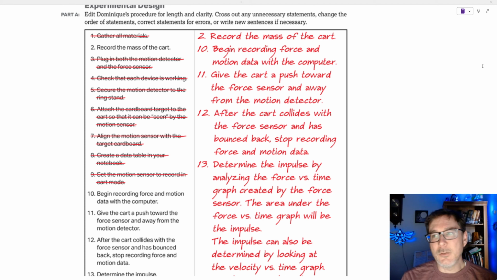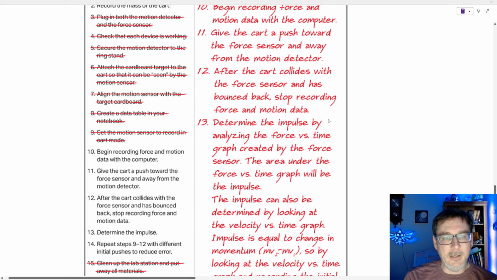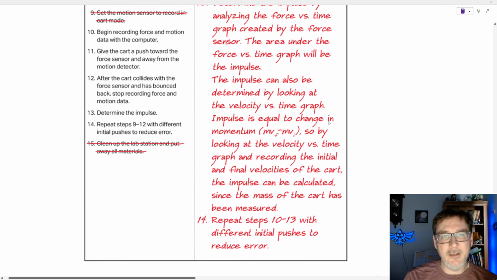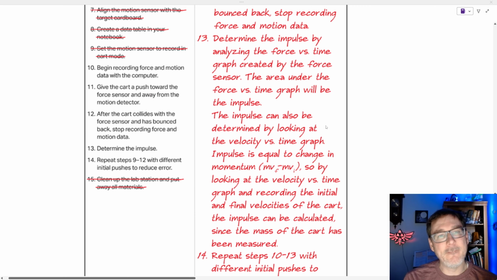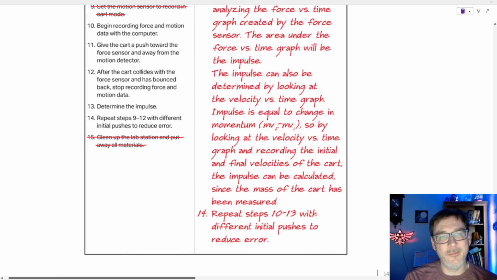Okay, so check this out. Look at what they've crossed out, what they kept, what they've changed. They crossed out 9 steps. All right, so clean up. That's another one. It's like, oh yeah, we know. You don't have to write that out. Okay, focus on